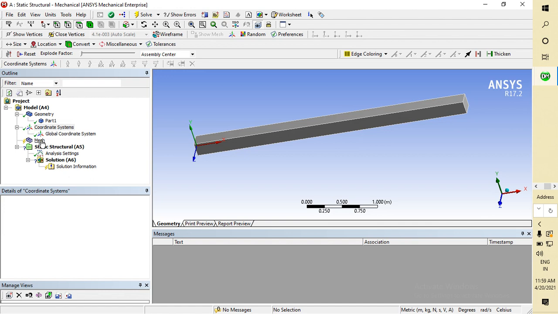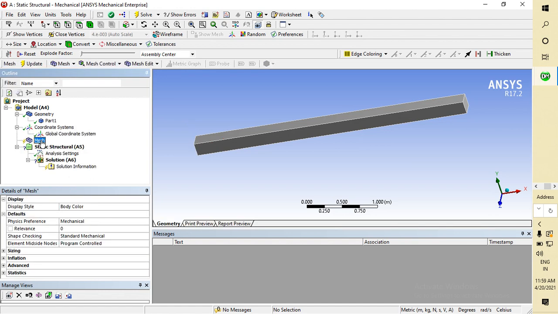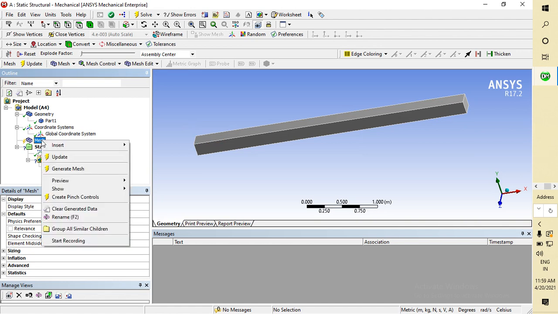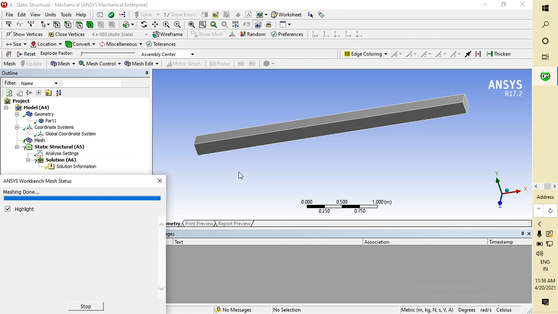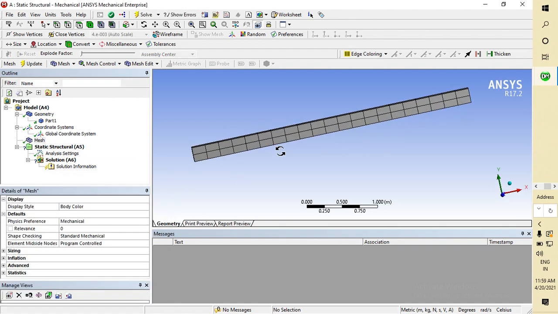So in meshing, it will discretize. First of all, you have to right click on it and press generate mesh. This is the generated mesh.